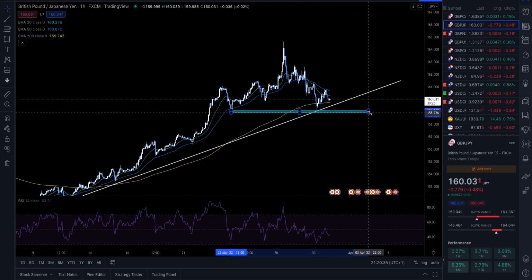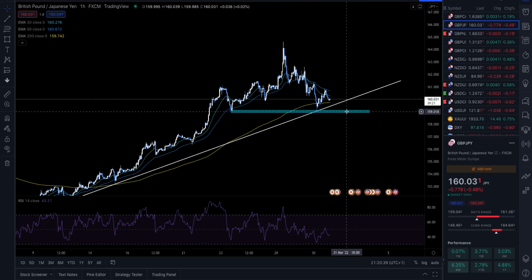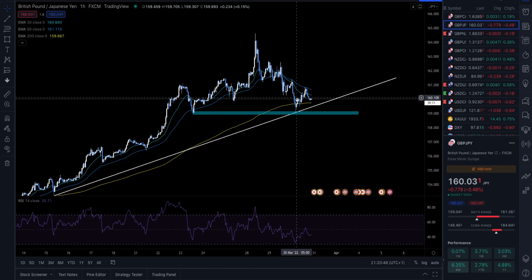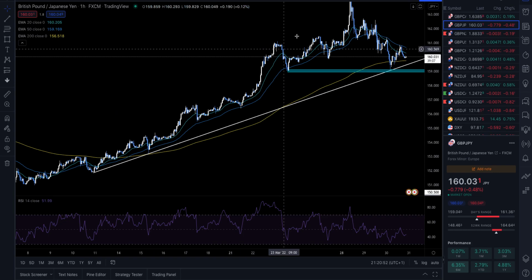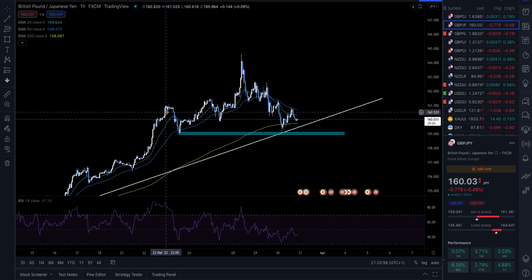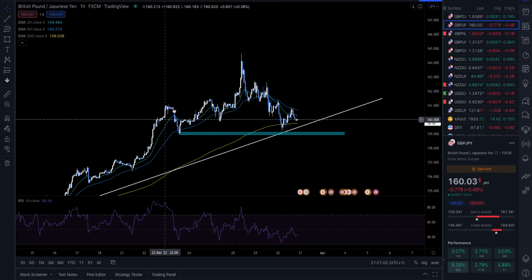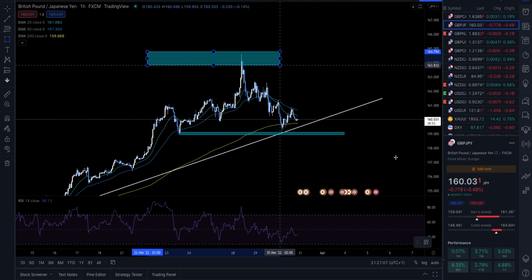What we can do is extend this into the future. So now we know if price does come back down into this region again, we could possibly be looking for buying opportunities. Now, what we're going to do is continue to find these zones within this kind of range that price is stuck in. Although overall price has been in an uptrend and climbing higher since the 22nd of March, so pretty much the last week or so, price has come to a standstill. It's pretty much moving up, down, up, down, up, down,